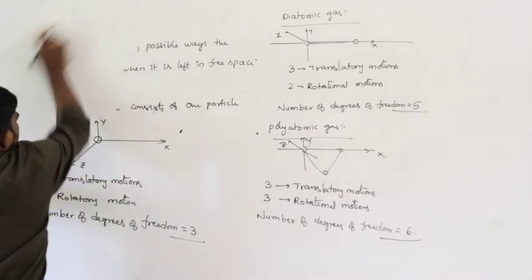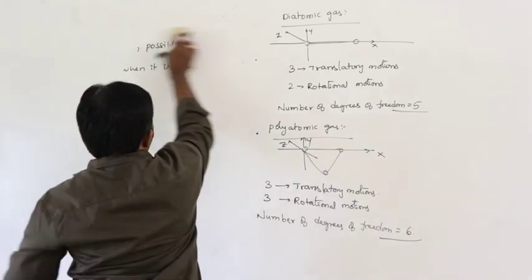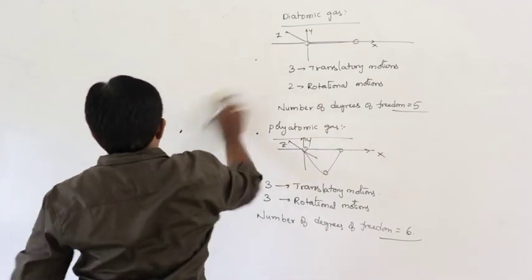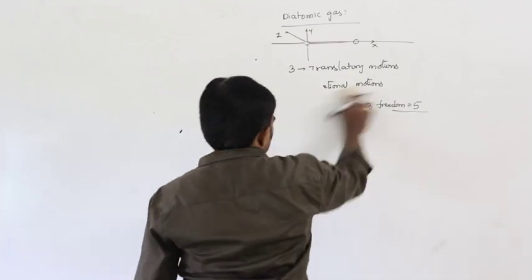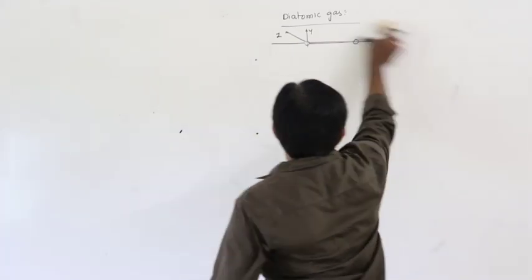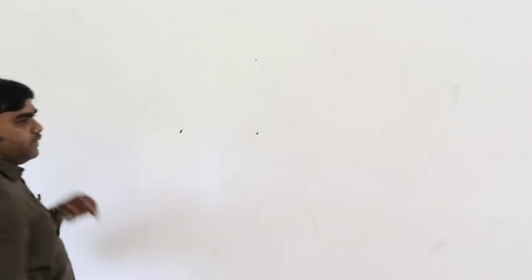Next. So that is degrees of freedom. But how can you calculate the value of gamma based on these degrees of freedom? See here, according to this,